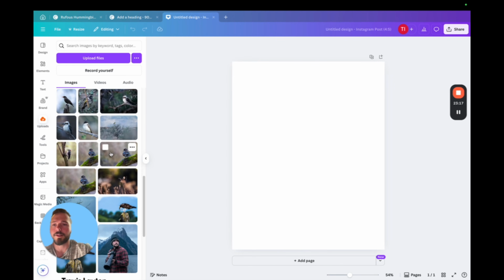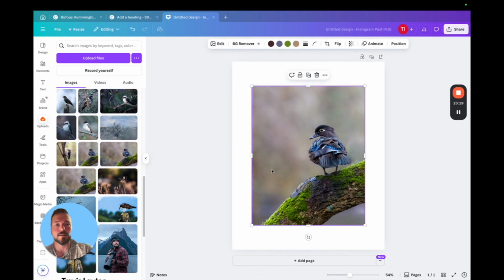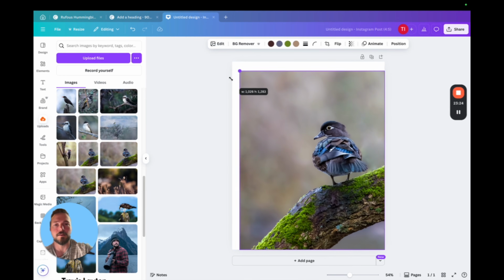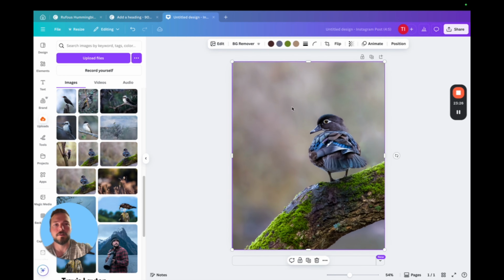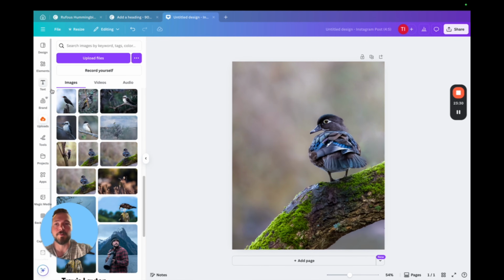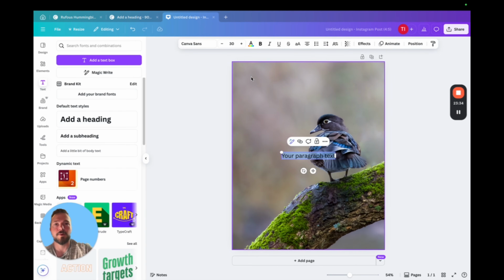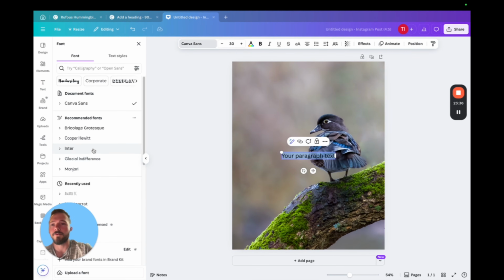I'm going to make the title page of this carousel. And I'm going to use this guy, this little female wood duck. I'm going to increase it. Boom. See how that fits perfectly? That's what we want. Now I'm going to go to my text. Again, I'm going to add text box. That's not the same font that I had before. I want this one. And I'm going to write